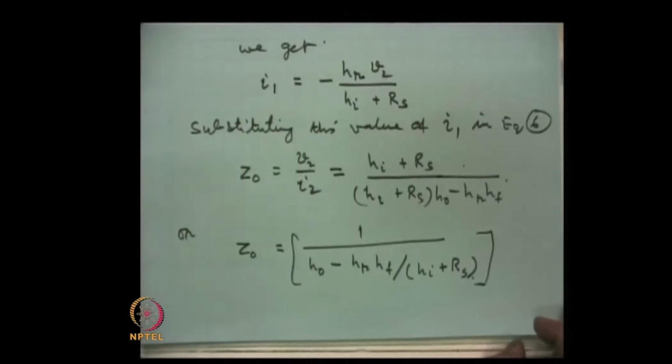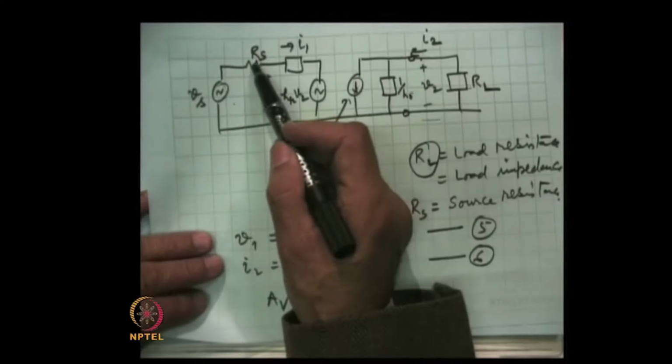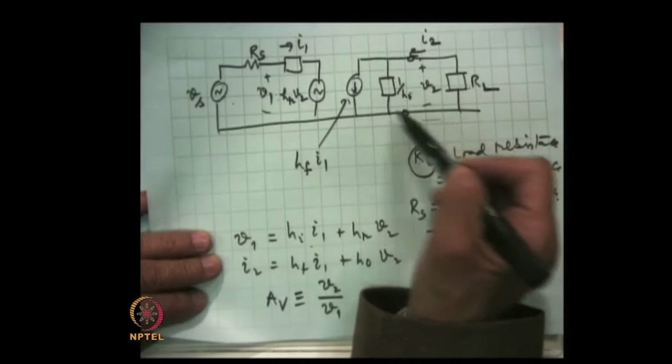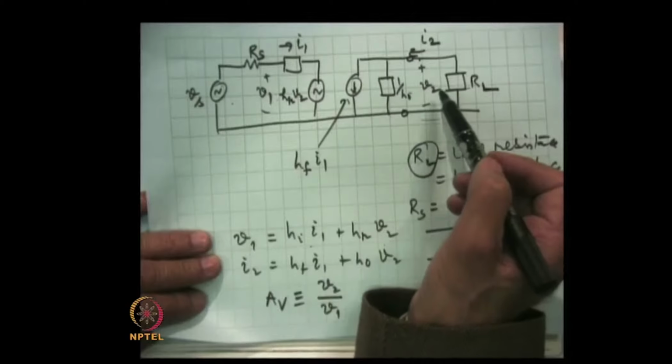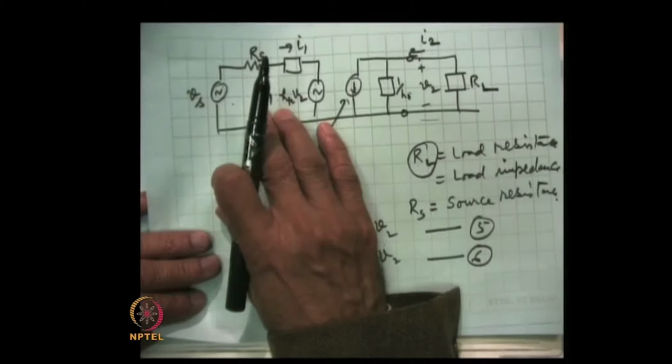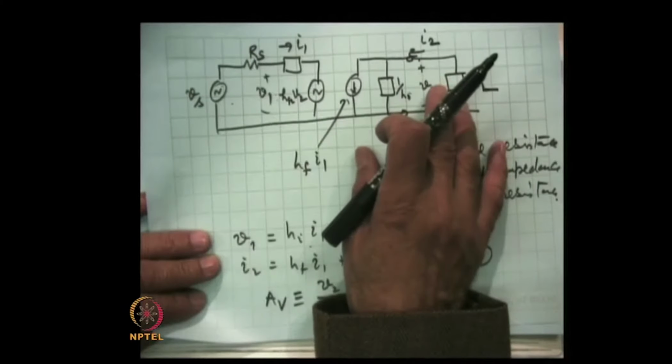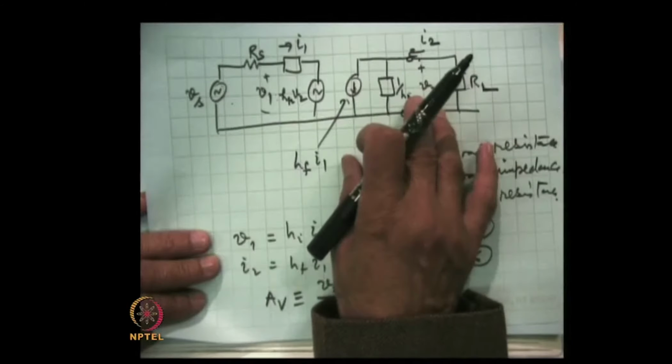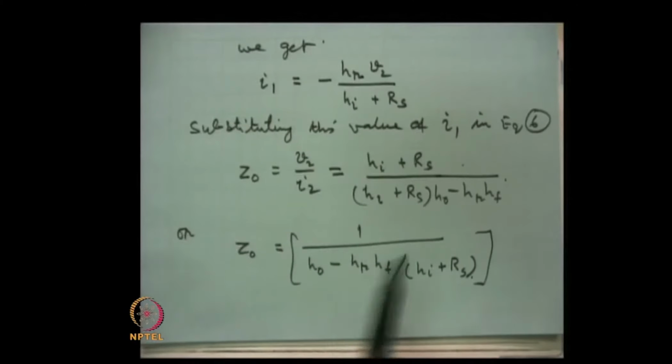s, the source resistance. This source resistance affects the value which we measure here. This is again the fact that what we do at the input side will affect the performance at the output circuit. So this is again a kind of effect of the coupling between the two junctions. These are the parameters which we have obtained. So we obtained all the 4 parameters of the amplifier.